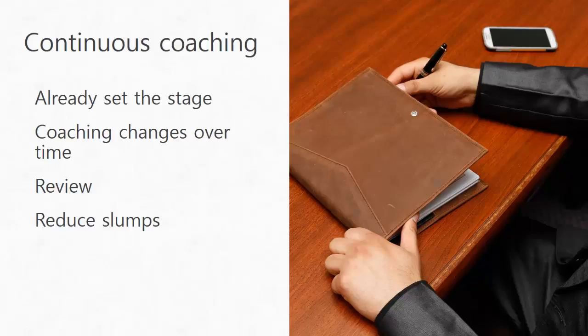And one of the things that I really love about it is it reduces slumps. You know, sales reps get in that slump and then you're like, I got to figure out how to get them out of it. She's really having a rough time. Well, here's the deal. If you're working with them on pipeline and you're meeting with them and coaching them on a regular basis, you're going to recognize that a problem is coming before they recognize it, nip it in the bud and reduce the amount of slumps that sales reps are having. It is a great way to create long-term success and consistency.